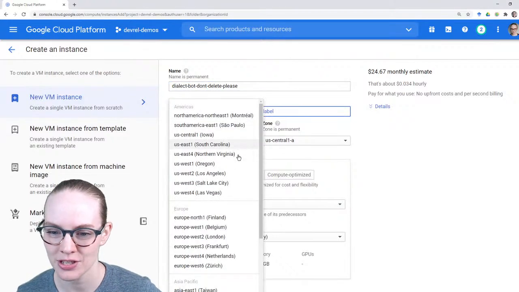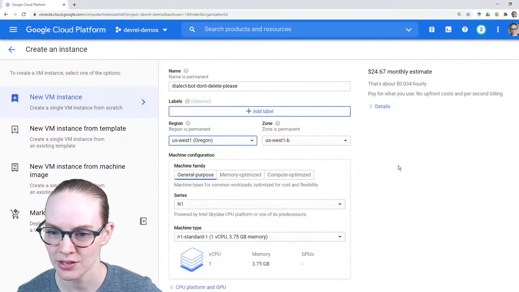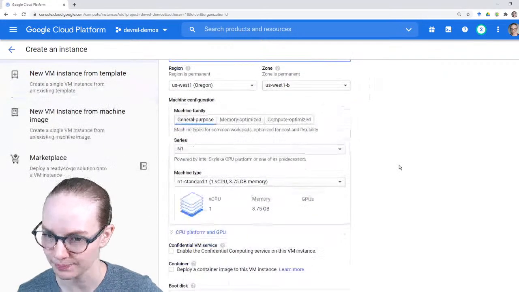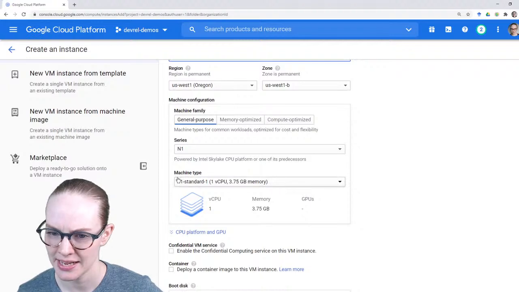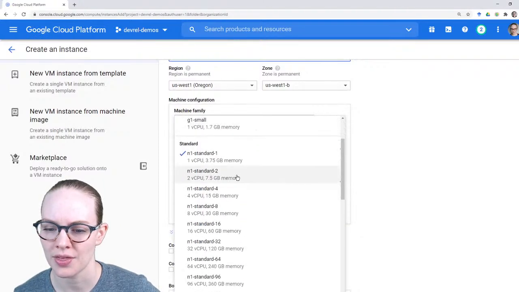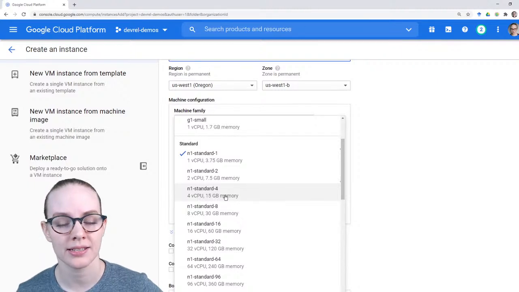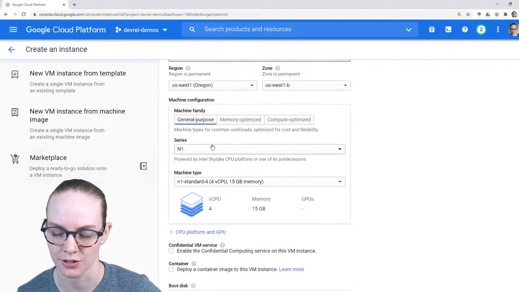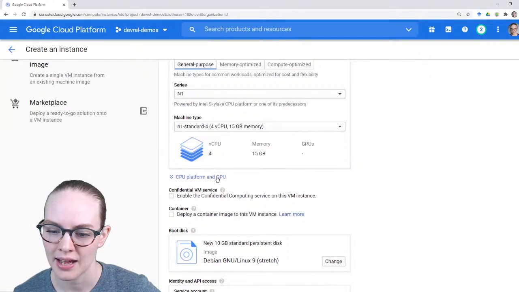Once we get it all set up, region, I'm on the West Coast, so I'm going to go with Oregon, a little bit closer to me, just to reduce latency, and I'm going to go with this N1 standard 4, because we recommend at least 8 gigs of memory, and that's the first machine that has that.